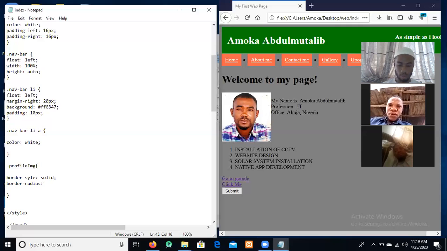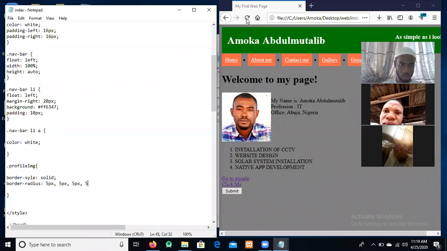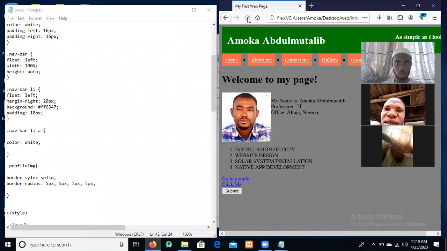Let's say we have 5 pixel, 5 pixel, 5 pixel. I'll explain to you why it's like that, 5 pixel. Okay, if all is set, not getting what I want. That means something is wrong. I was expecting to have